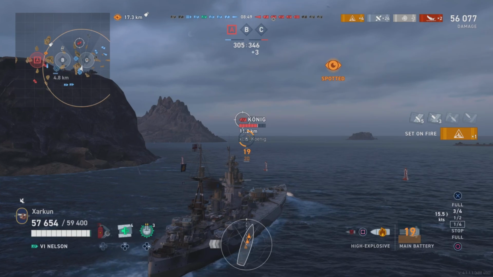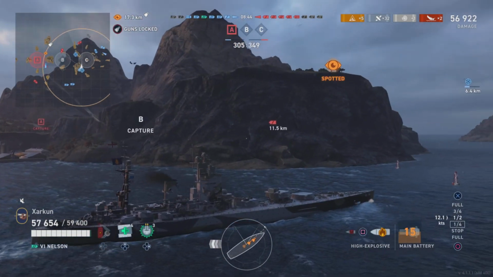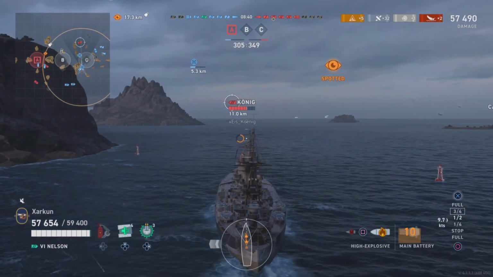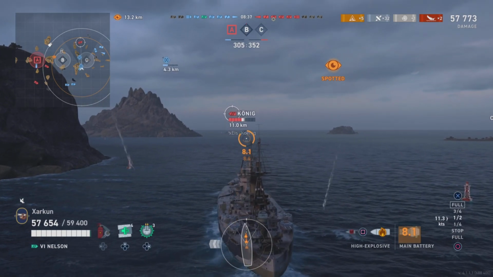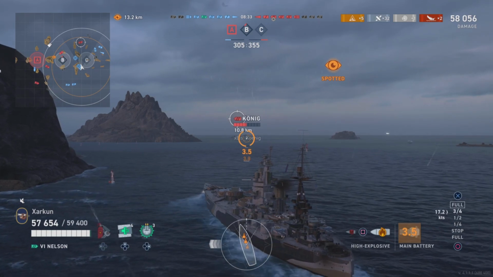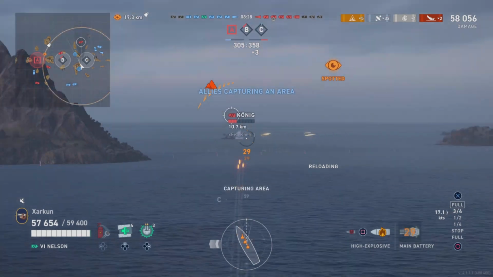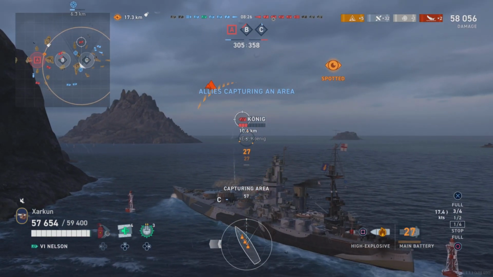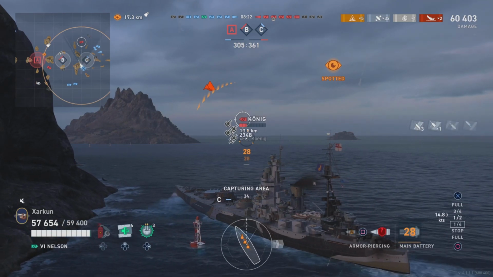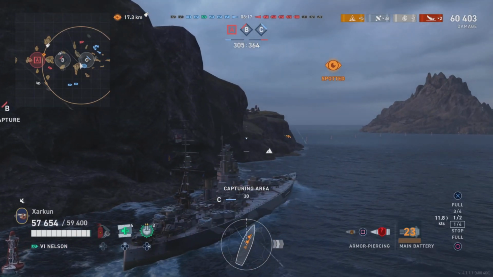There's a Koenig in front of us. He probably really shouldn't be in this game, and he doesn't appear too concerned with us. But there's also a Pensacola and a North Carolina in the center of the map. Luckily, this island to our left here is blocking their ability to shoot at us. So we should be able to get into this cap, use the island to protect us from the ships in the center of the map, and just bully this Koenig with our high explosive or armor piercing, as the case may be, while we take this cap, I think solo,